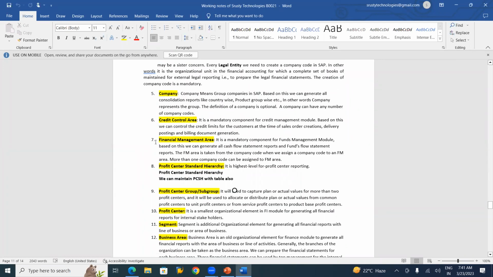Next one, financial management area. It is a mandatory component for the funds management module. Based on this,